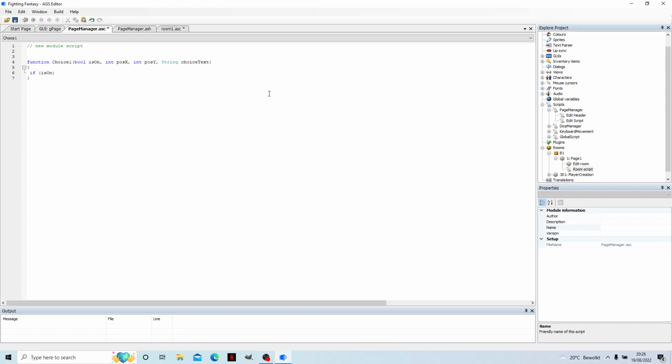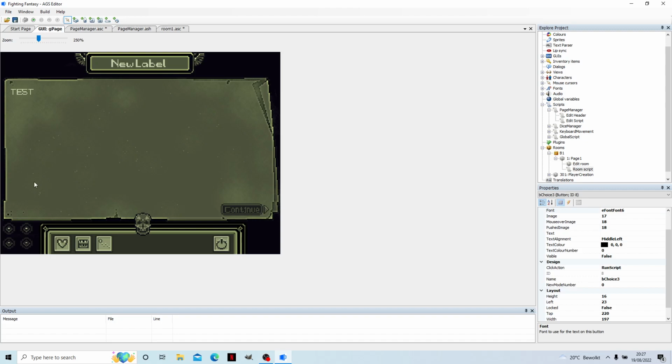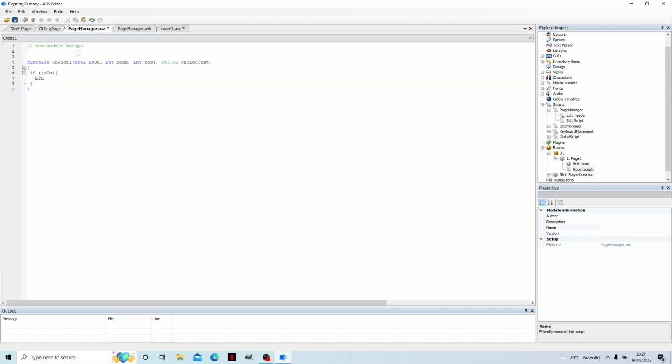Then what we will do is we're going to say b, because if we go to our page GUI, the first choice, wherever it is, yeah, that name is b choice 1. So I'm going to go b choice 1